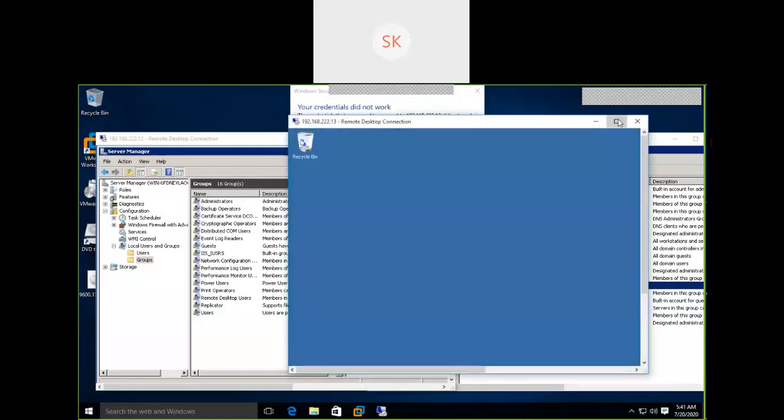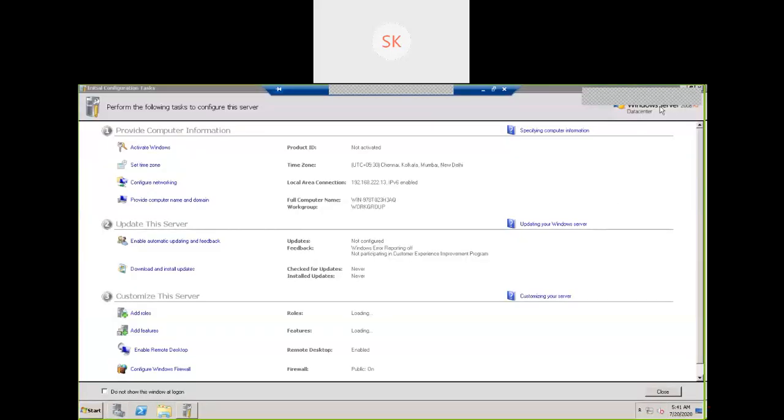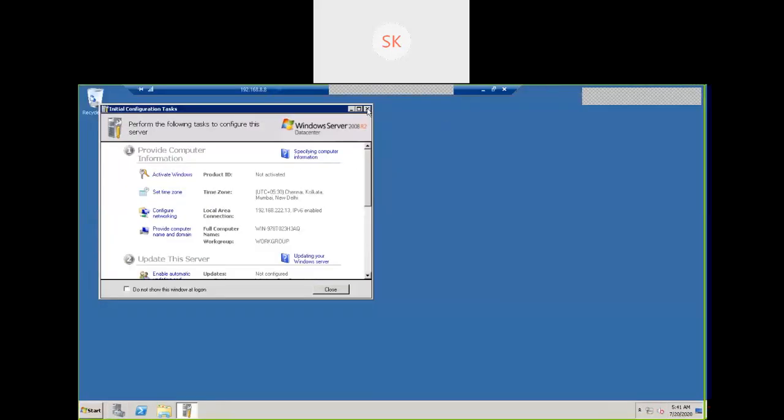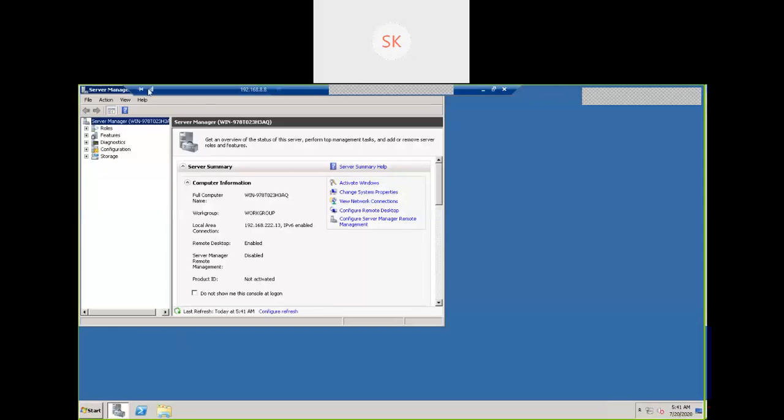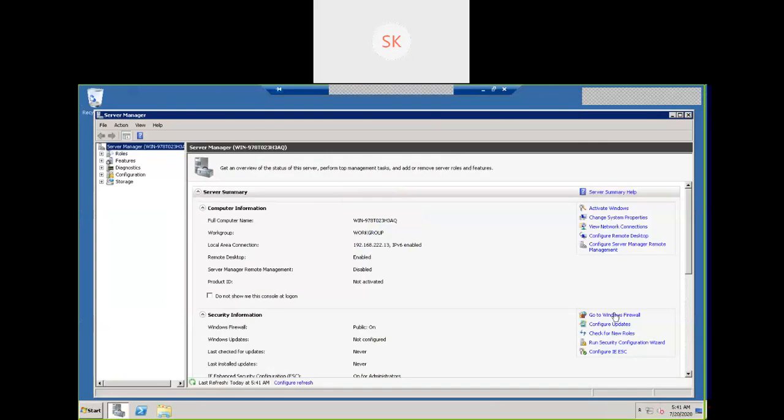Open Server Manager. How do we check whether it is a member server or a standalone server? See here, this system is part of, what is this? The system name is there. Is it part of a domain or workgroup? By seeing this, I can say that it is a standalone server, workgroup.